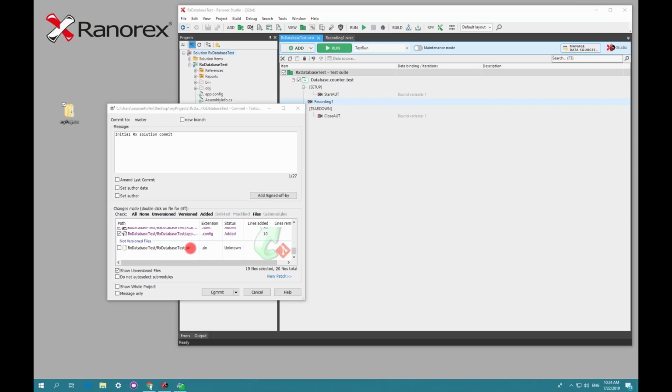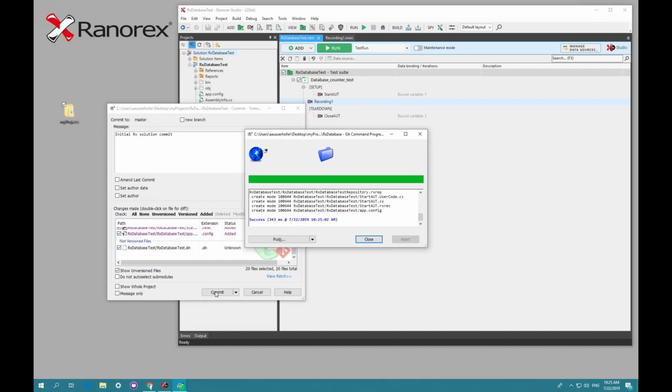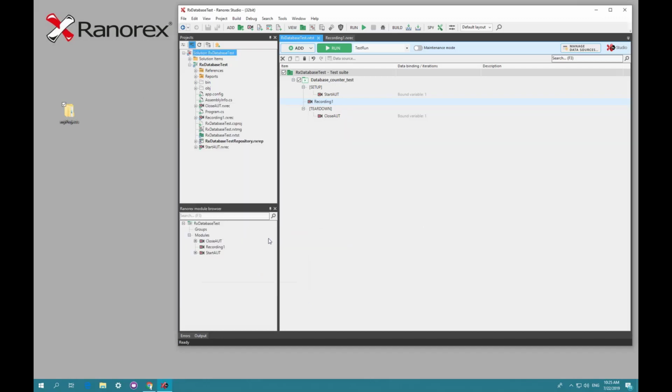Because as you know, Ranorex Studio is compiling the RxSLN file, which is a special Ranorex file, and Visual Studio, when used as a compiler, is compiling the SLN file. So this is something which we need to change. So we need to include it in here, and then we commit our Ranorex solution, and finally we push it,